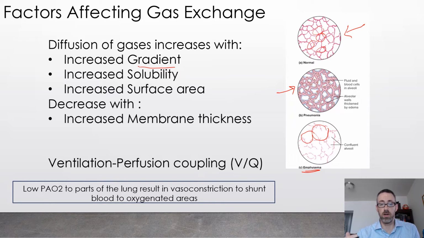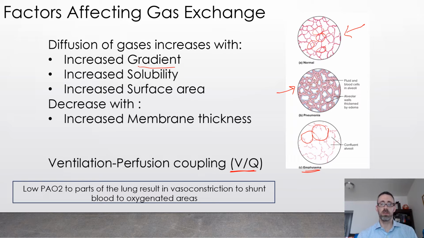And so that can actually work against us and decrease the amount of diffusion that takes place. All right. So basically, diffusion is directly proportional to the gradient, its solubility, and the surface area. It's inversely proportional to the membrane thickness. And the last thing over here is this ventilation-perfusion coupling, which I'm going to get more into in the next